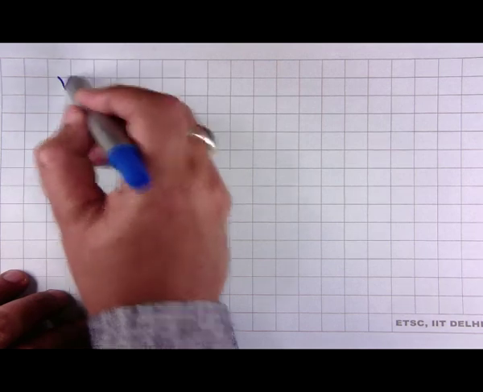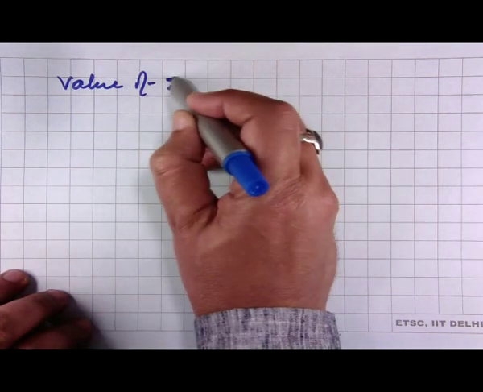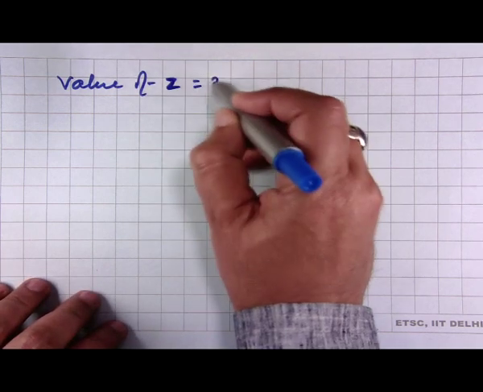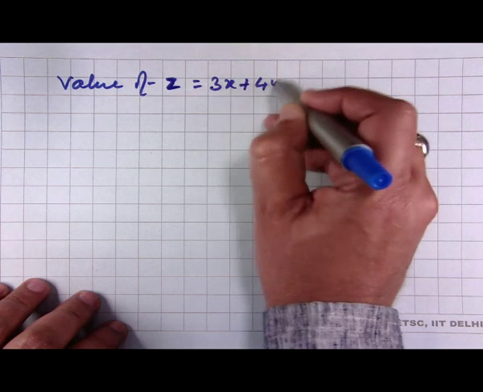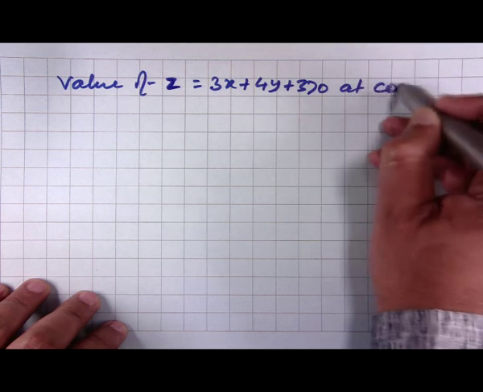So the value of z equal to 3x plus 4y plus 370 at the corner points: